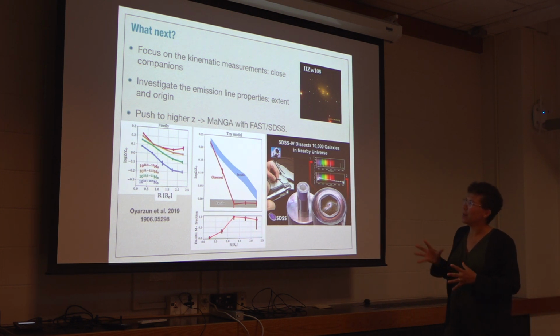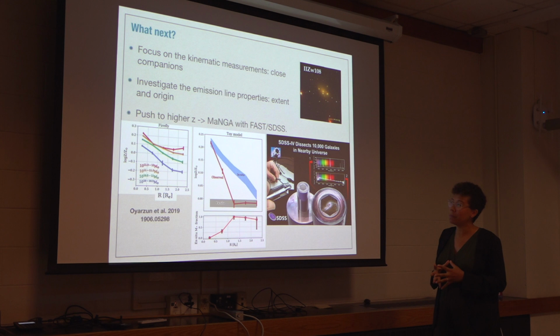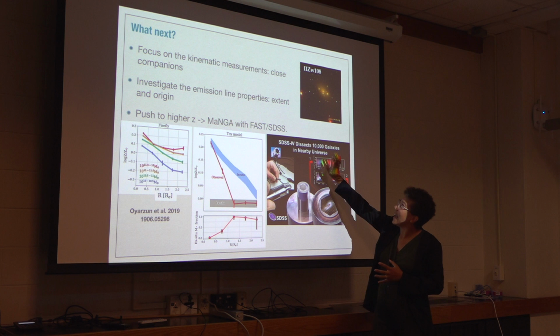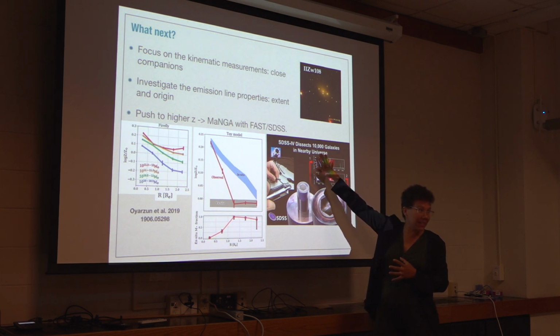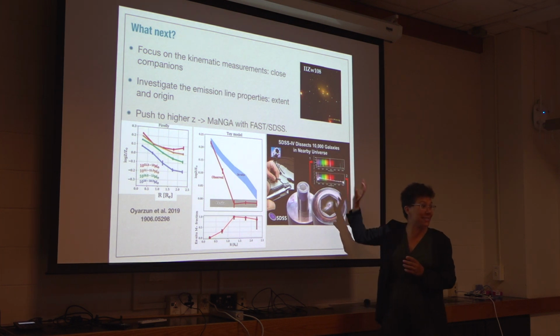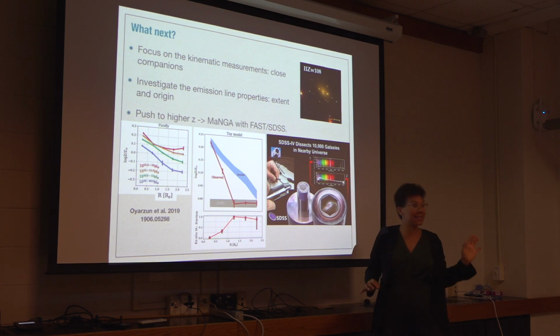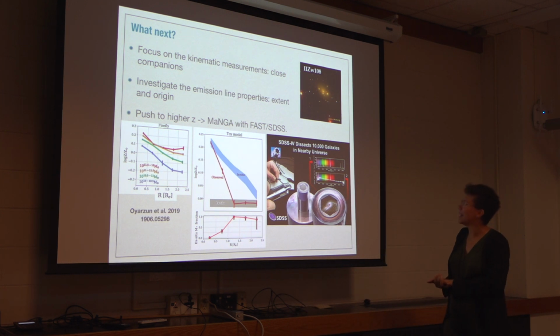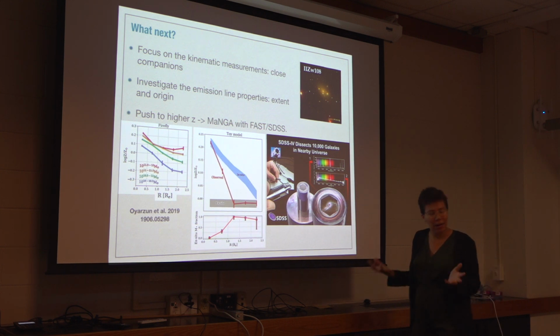So I call this part the if you can't beat them, join them part, because it took us 4 years to collect the data for 23 BCGs. And MaNGA has 10,000 galaxies that it looks at with a very similar IFU built by the same guy who built SparsePak. And they have like half their galaxies already. In there, there's probably about 50